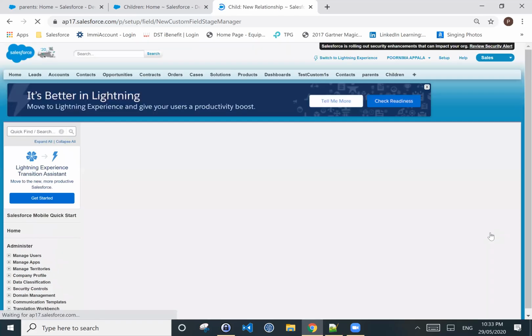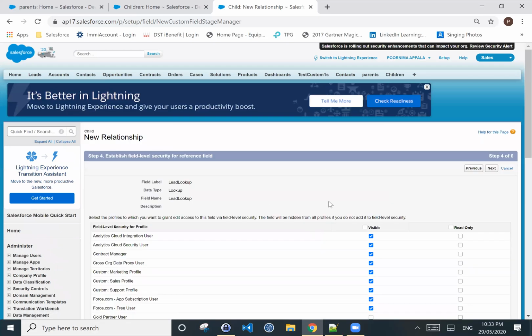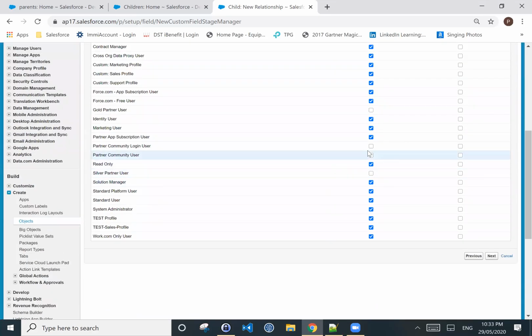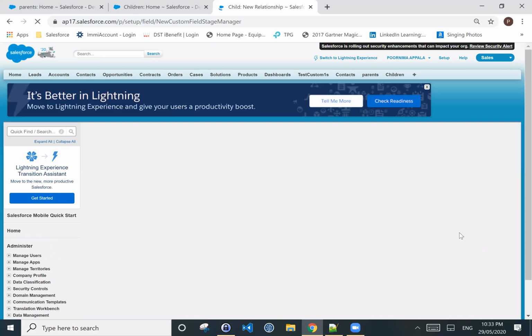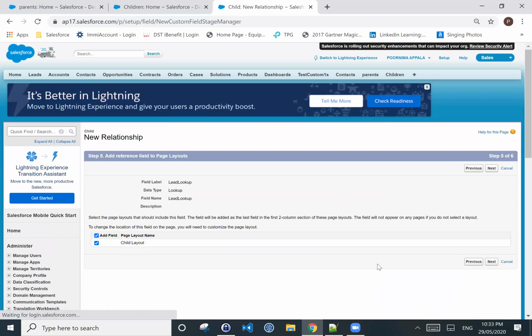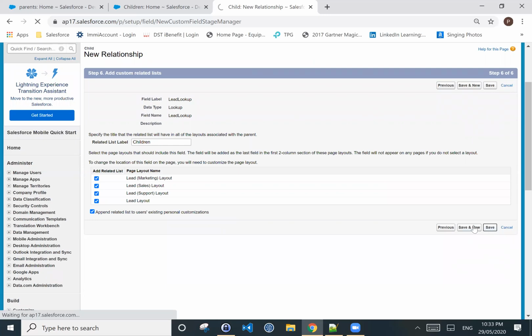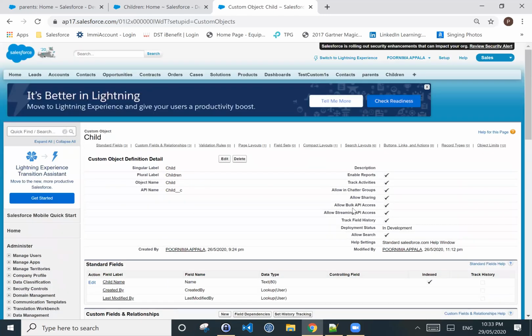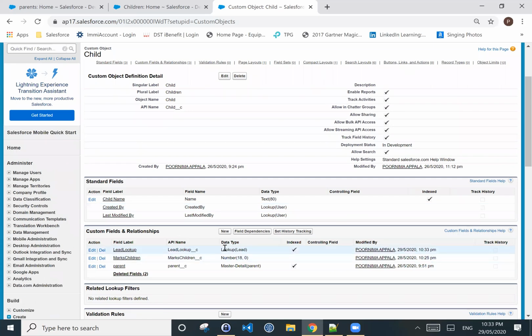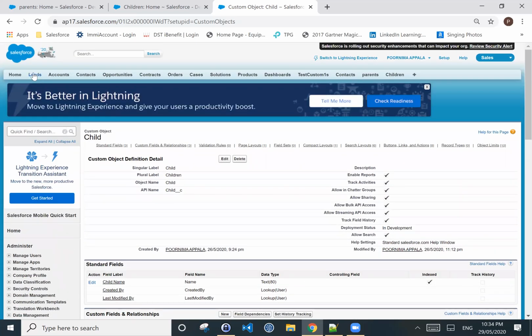Yes, click on next. Save. Now go to your child object.